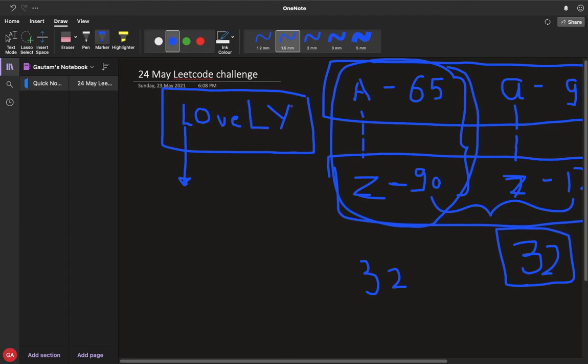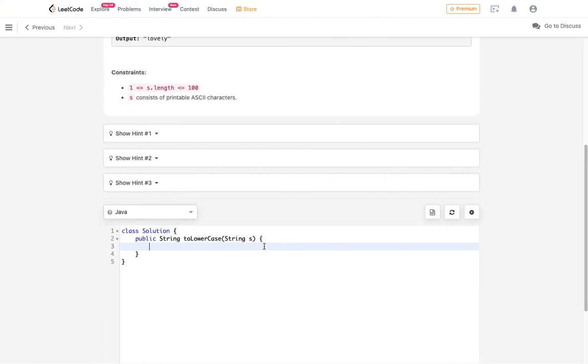So capital L will become lowercase l by adding 32. Similarly for O: first we'll check if it is an uppercase character, and if it is, we'll simply add 32 to the ASCII value. So that's simple. Now let's code this problem.